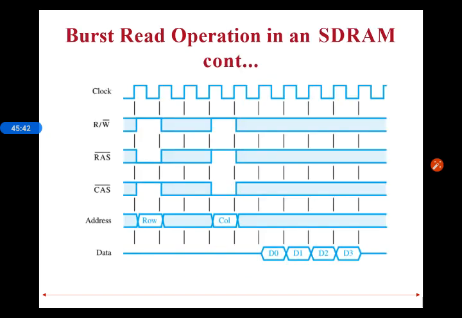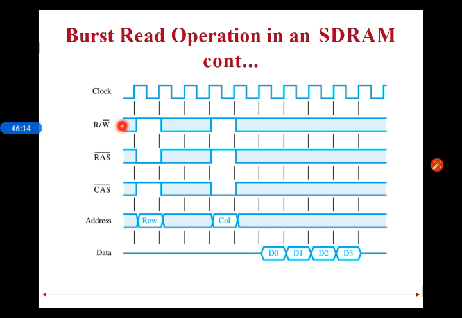And now this is the diagram. This is the timing diagram related to the burst read operation. You can see the clock signal is determining everything. If you look at any of these diagrams, the operation starts on the positive going edge of the clock. Here also the transition takes place on the positive going edge, here also, and the address is also placed on the positive going edge, and the data is also sensed on the positive going edge of the clock.